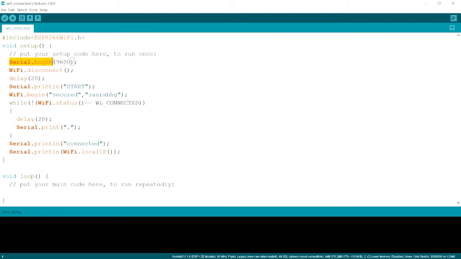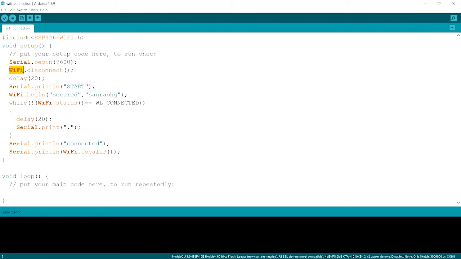So we want to begin this serial monitor with a baud rate. This 9600 is nothing but a baud rate, or in normal words, you can say the upload speed with which the board will upload its data to the monitor or the screen. The serial monitor can be accessed over here in the right corner. You will find a button known as serial monitor.